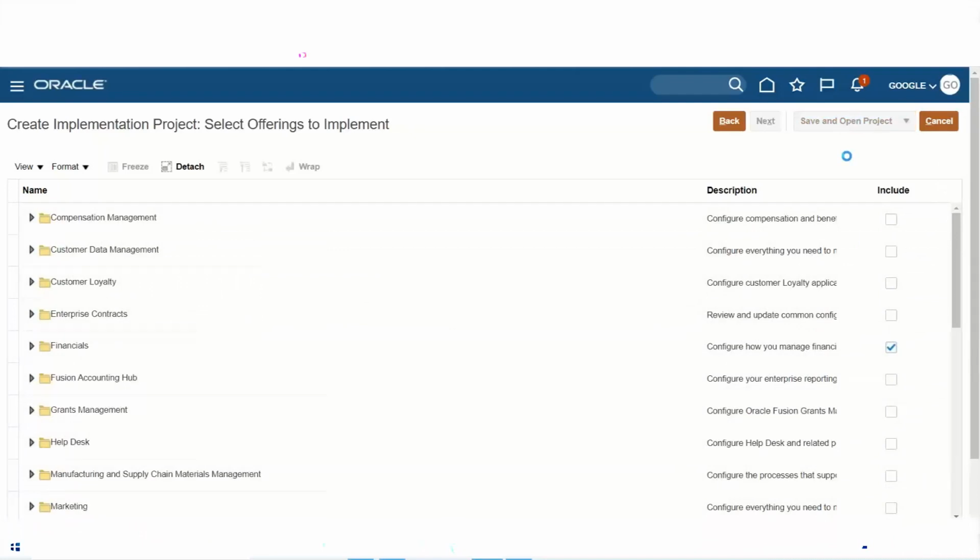It will create two folders within our project: finance and procurement. If you open those folders, it will display the setups which need to be performed to implement financials and procurement. Again, if you expand financials, within the financials, if you want to implement payables,